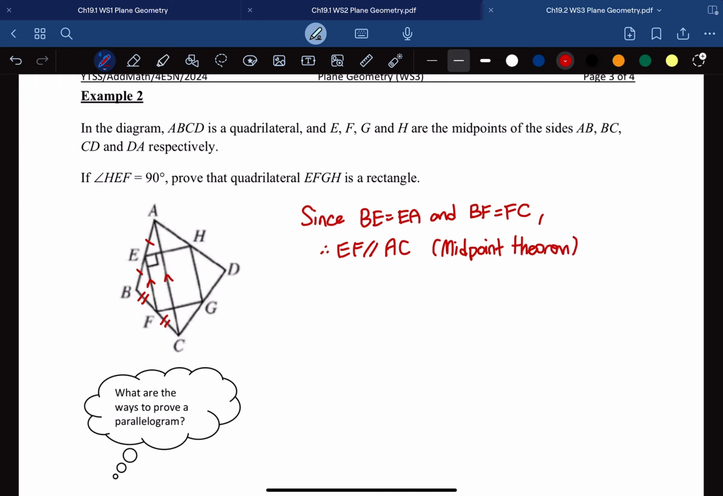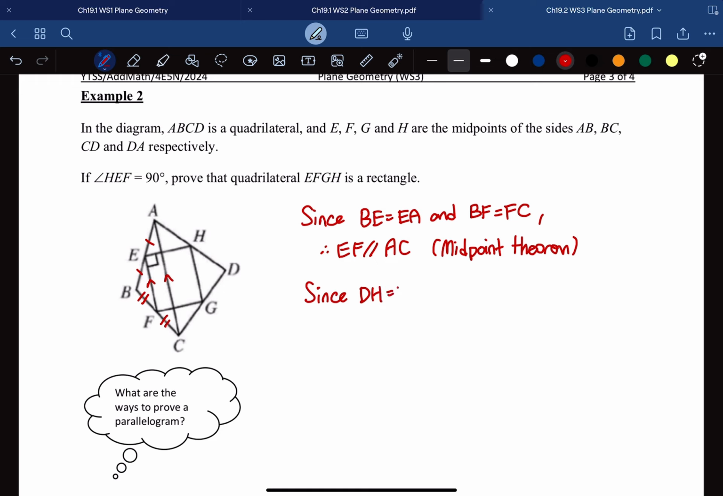Okay, then afterwards, once I made this conclusion, I want to show that this is a parallelogram first. I need to show that opposite sides are parallel. So I want to show that HG is parallel to EF. Another way to do so is to also use the midpoint theorem for this triangle instead. Remember, with the midpoint theorem, I always need to consider one triangle. So for this case over here, okay, since